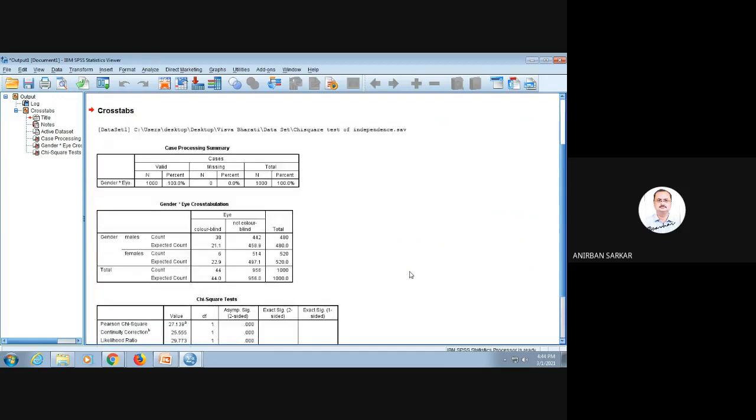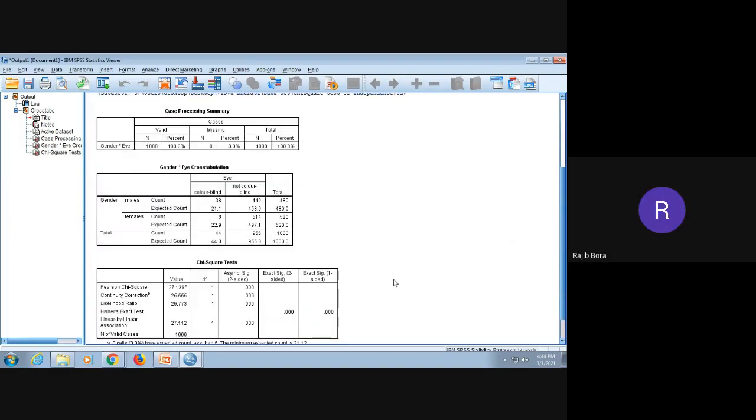Now we need to interpret the output. Have you got the output? Yes, sir. So now check it. We have 1000 participants. There are no missing values.